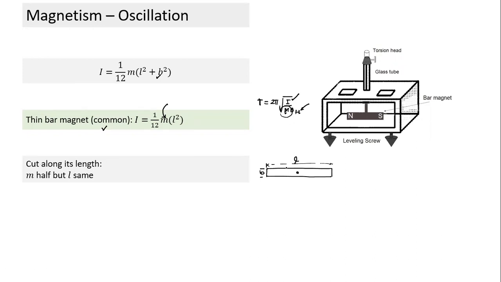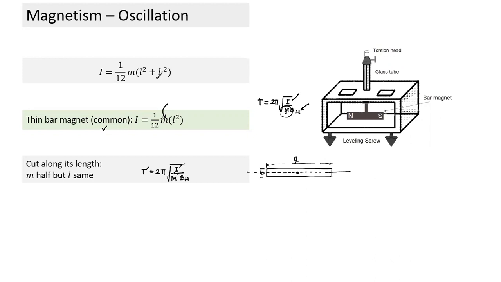If a bar magnet is there, we oscillate it and we get some time period. Afterwards, if we cut it along the length and make it into two pieces, what are the things which will change? So if I use this formula, again T dash will be equal to 2 pi root, and which terms will change? Moment of inertia will become I dash. M also may change, M dash, and BH.